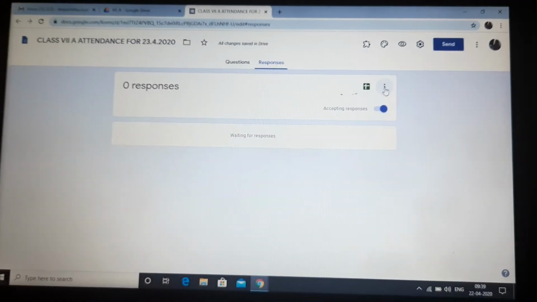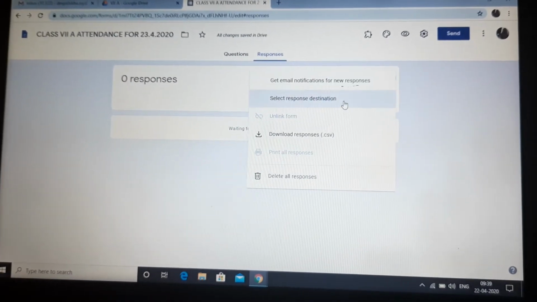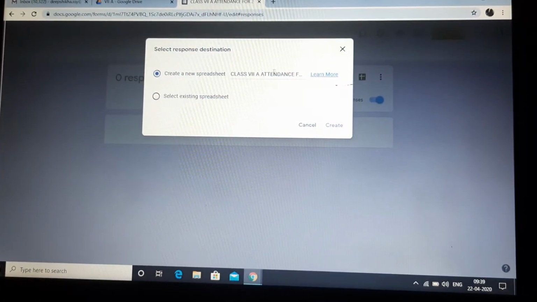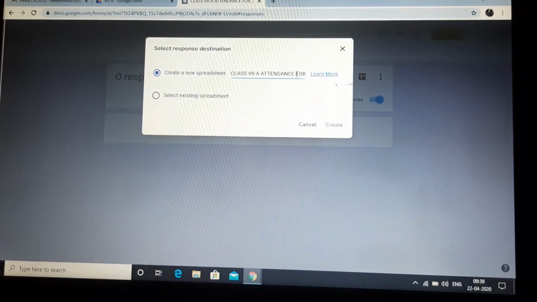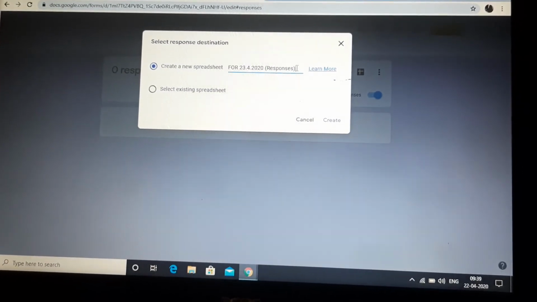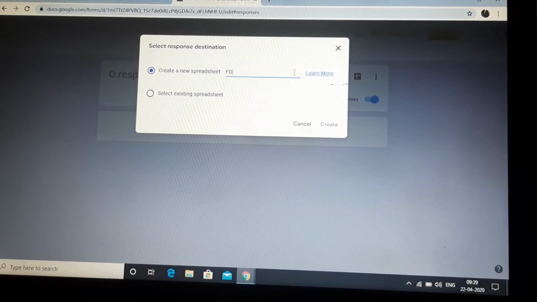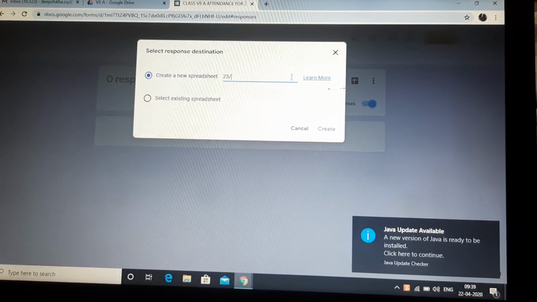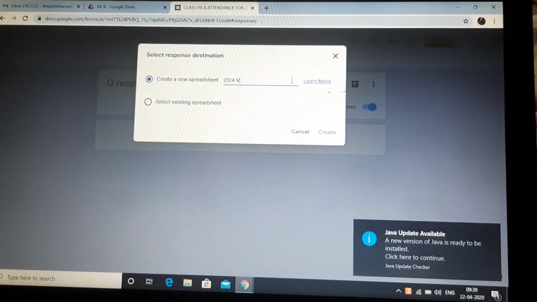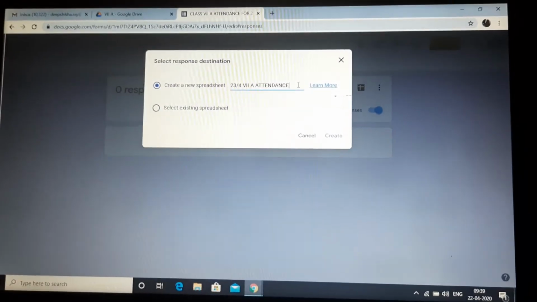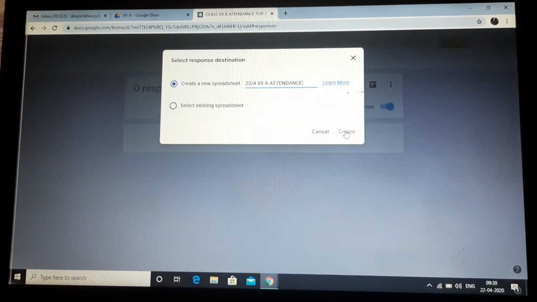I'll go to these three dots, then select response destination, and I will create a spreadsheet. Now I can change the name of the spreadsheet over here. Better I save it with a name that is convenient, like date wise, 23/4 7A attendance. I've created the name and then just create.